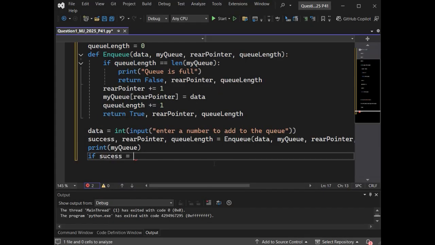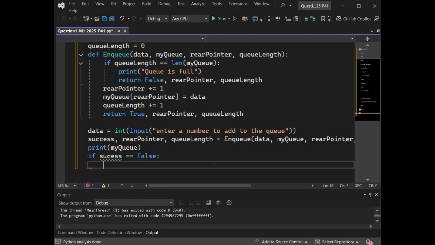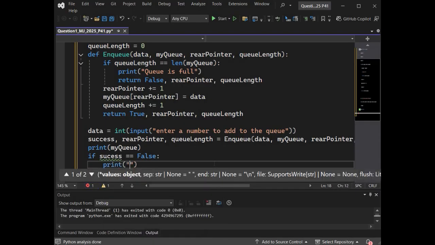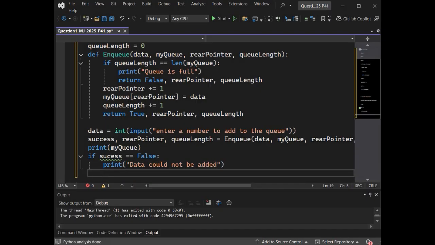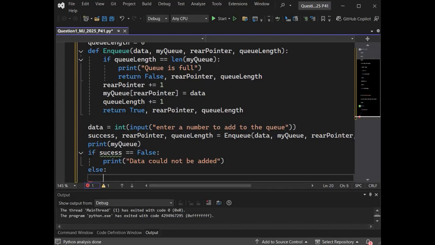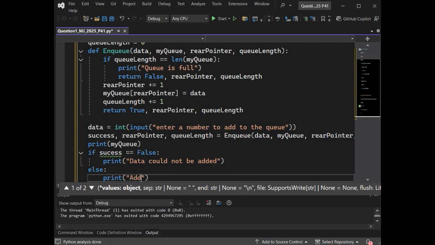If success equal to, let's say, false, print data could not be added, else print data added successfully.